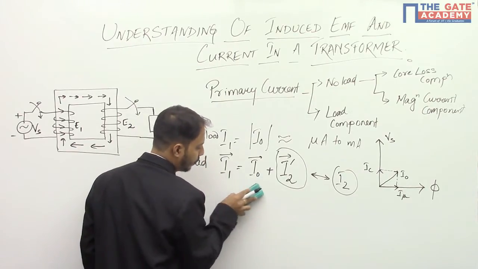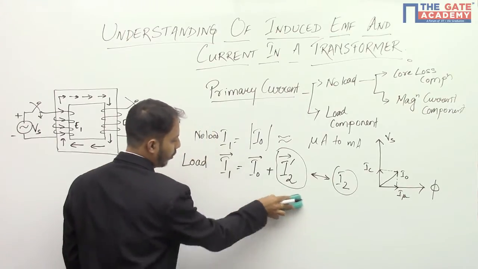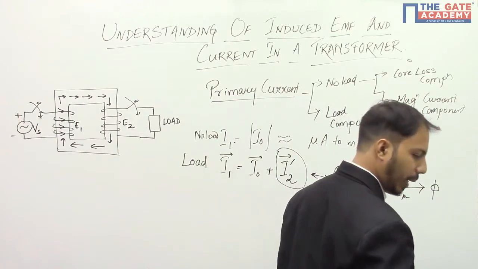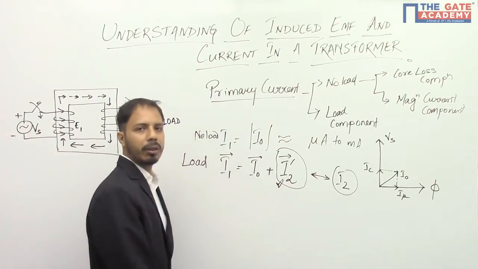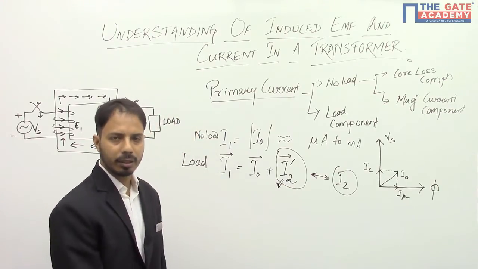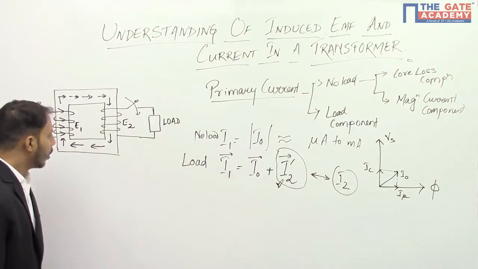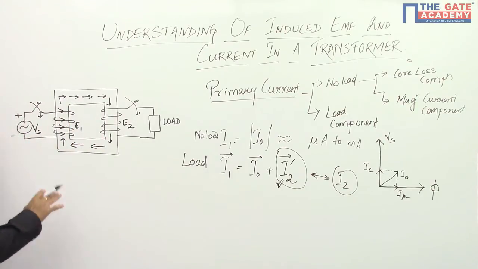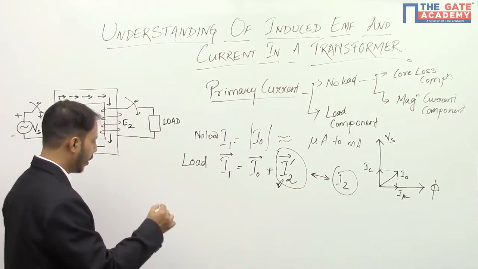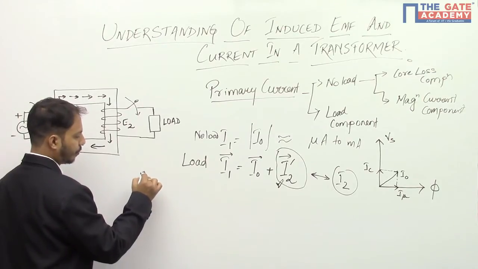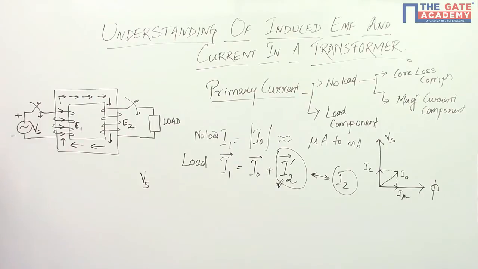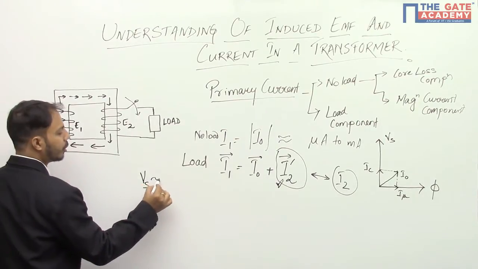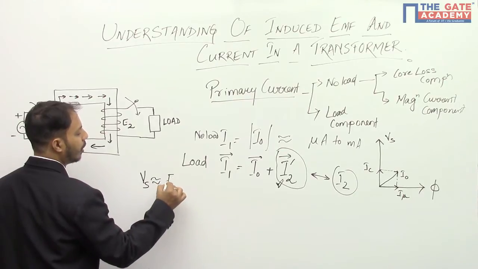Now what I will do is explain why this component is increasing, why it is coming when I am connecting the secondary. Okay. So see, what happens is, suppose my supply is Vs. And I am considering that Vs is almost equal to the induced EMF E1,